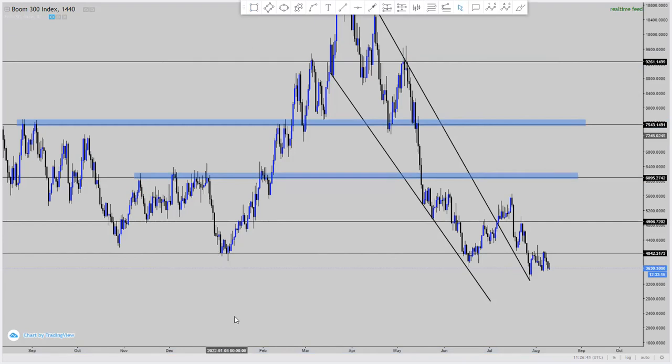Those are some of the areas that I'm seeing where the market can actually respect